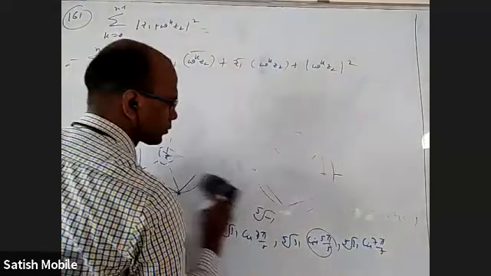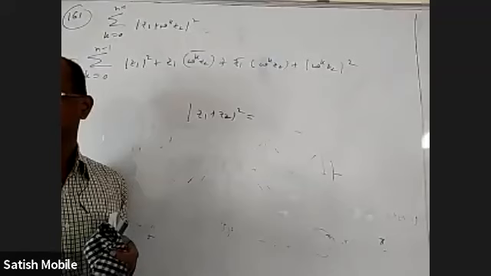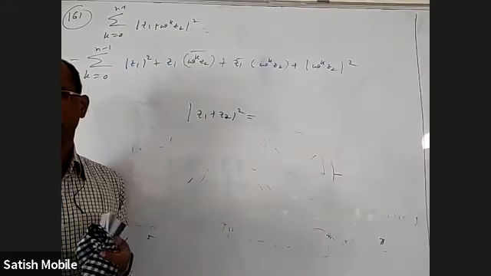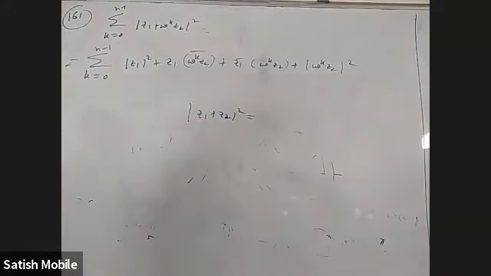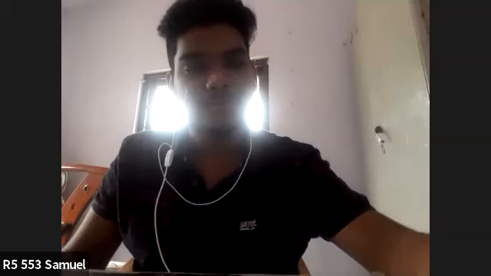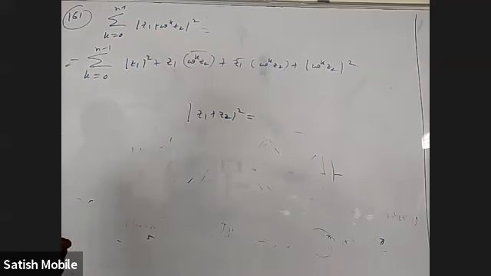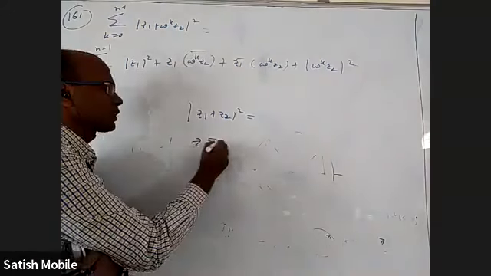I think everybody knows this formula mod z1 plus z2 whole square. What is the formula, right? Anybody want to tell me how this formula came? I'm not asking what is the formula, how the formula is derived. Anybody? Z1 plus Z2 into Z1 plus Z2 conjugate. Yeah. Z into Z conjugate is mod Z square. It's such a simple point, right?